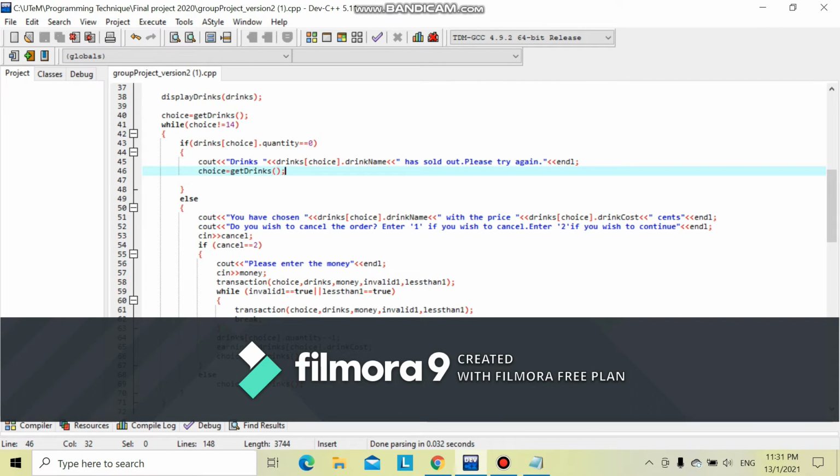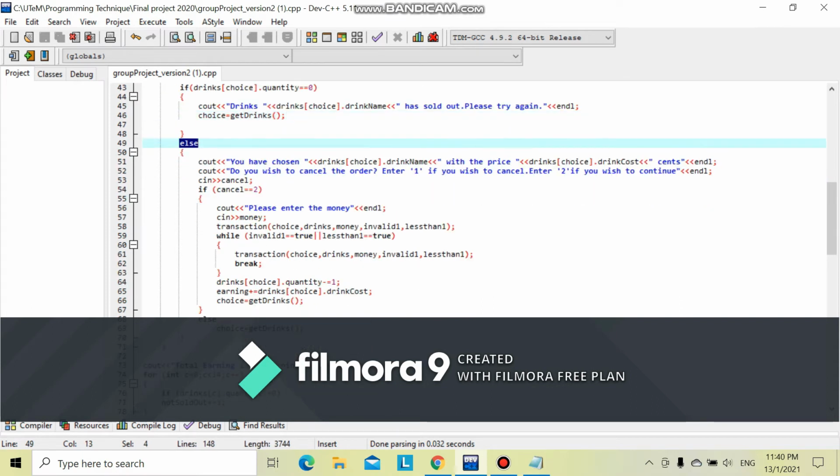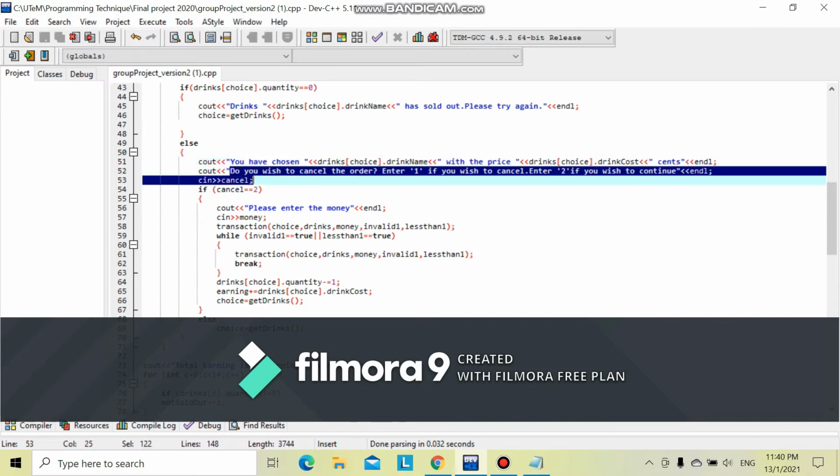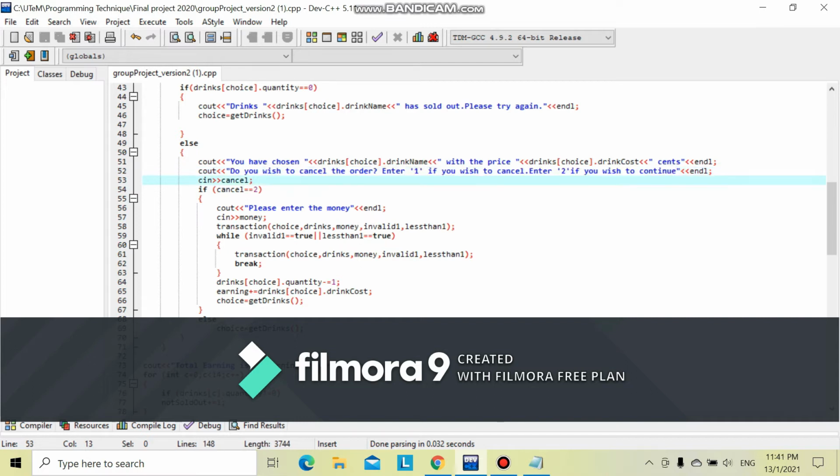Else, if the quantity is not equal to 0, then this message will be displayed, and another message will be displayed as information for the customer. If they want to cancel the order, they need to enter number 1, and if they want to continue, they should enter number 2. And the number that they entered, either 1 or 2, will be stored